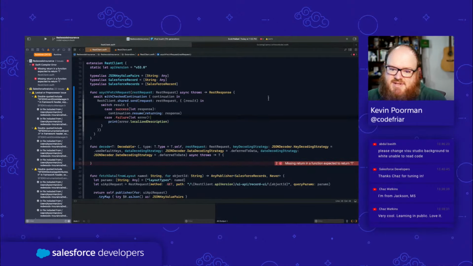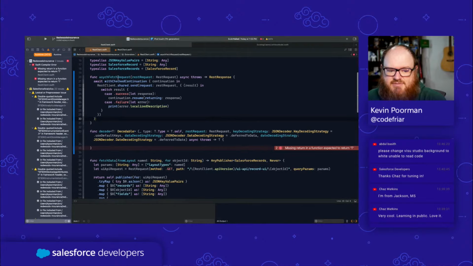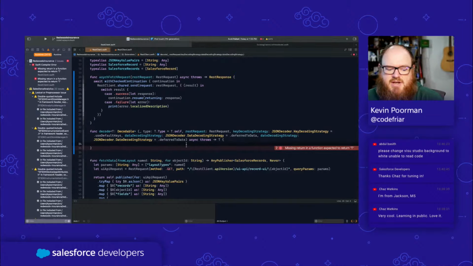We have 7 minutes left, and this is taking a lot longer than I thought it would. But it looks like we just got rid of that particular issue. So we've got an async fetch request, and this is going to return, it won't return a composite request, it'll return a regular request, but that's okay, because down here in this method, what we're going to do is we're going to say